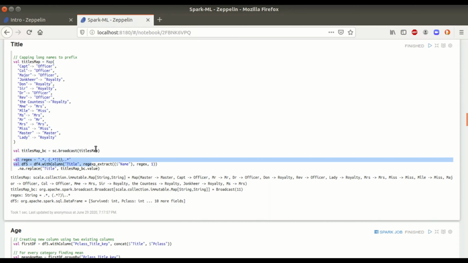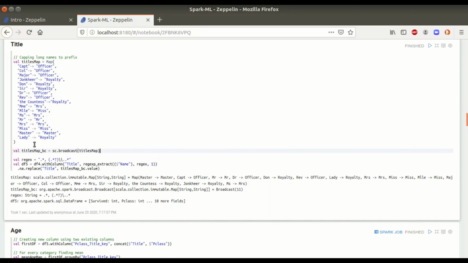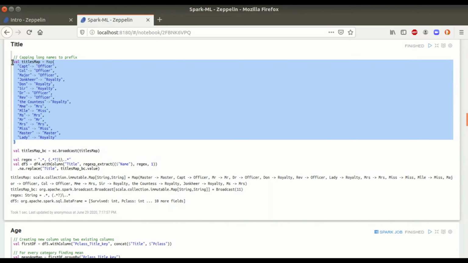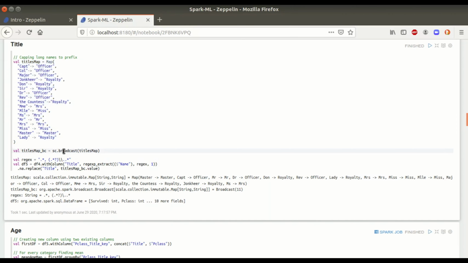So best practice: whenever you know what data you want to target or transform, use the broadcast function.